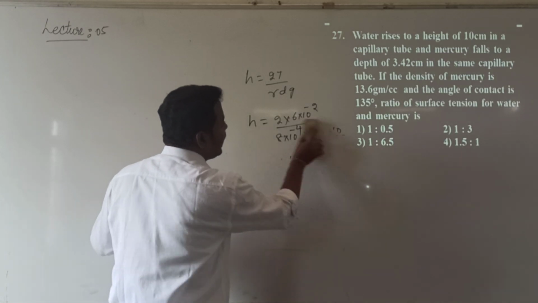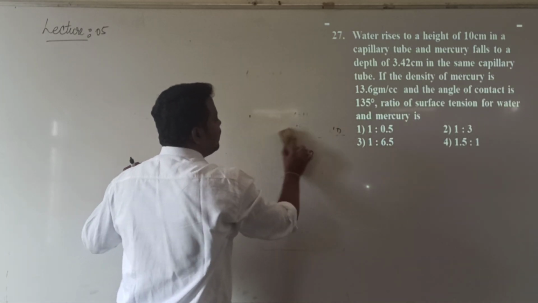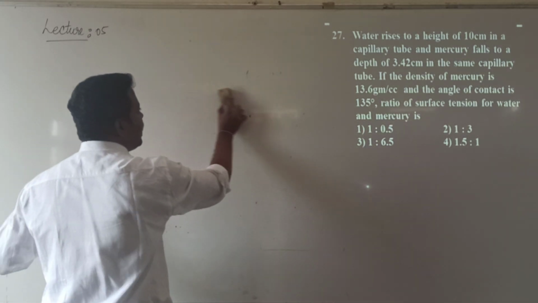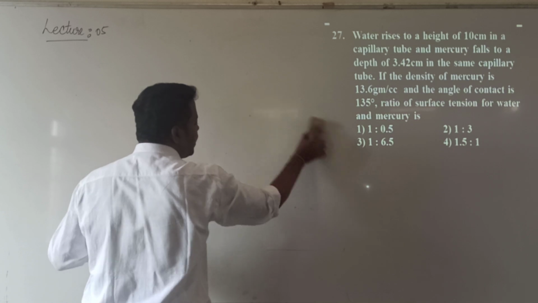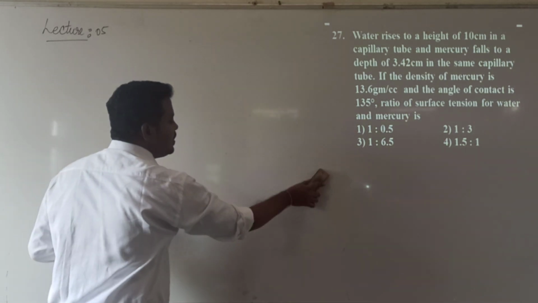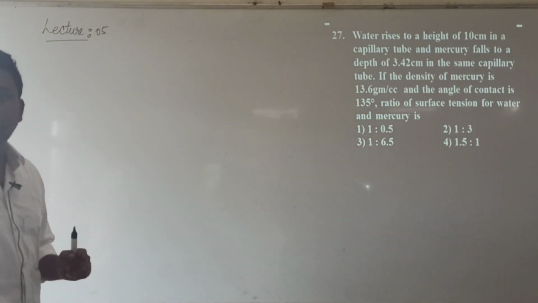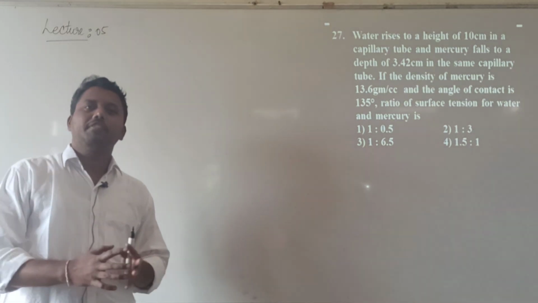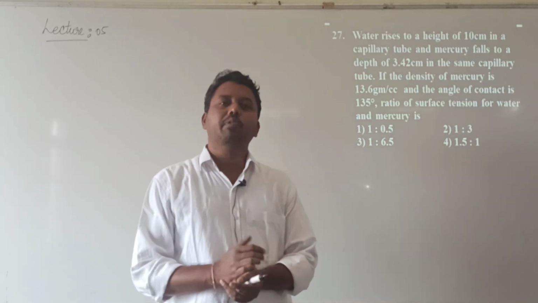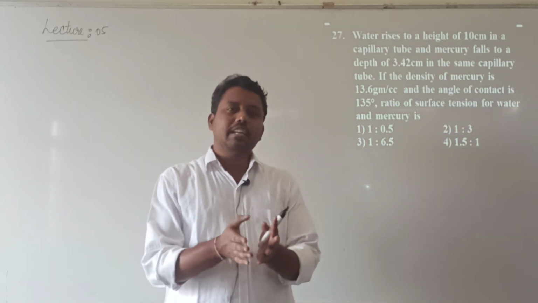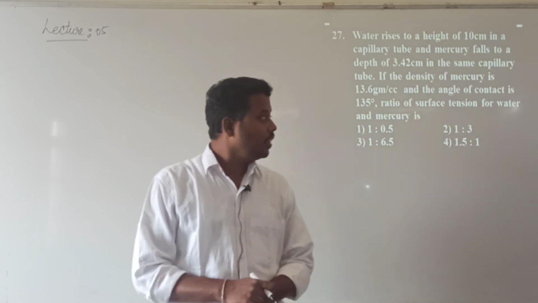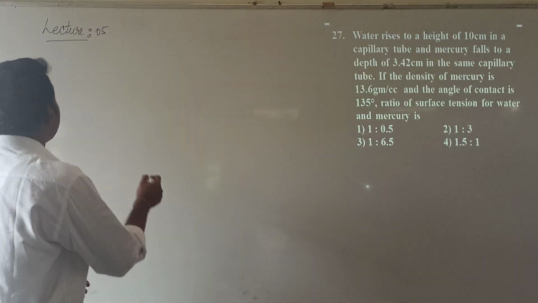Here we are getting similar models because we have only one formula. What is that? Either the expression for capillary rise or the expression for surface tension. Surface tension topic is very easy from an objective point of view. Very few concepts are there. So when you remember the expression for rise of the liquid column, or the surface tension expression, numericals can be solved easily. The next question is question number 27.